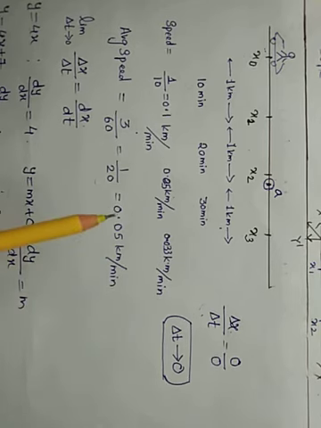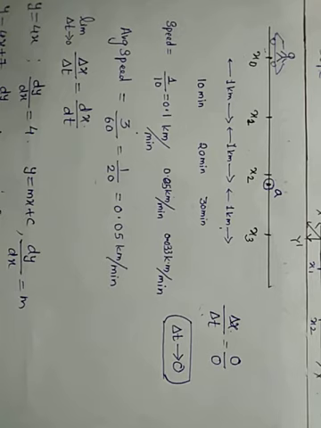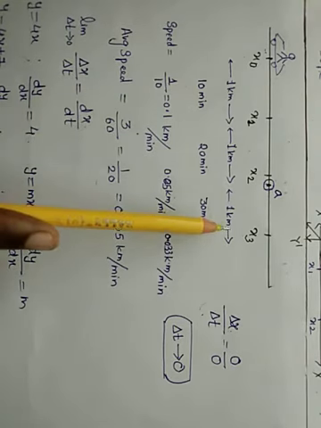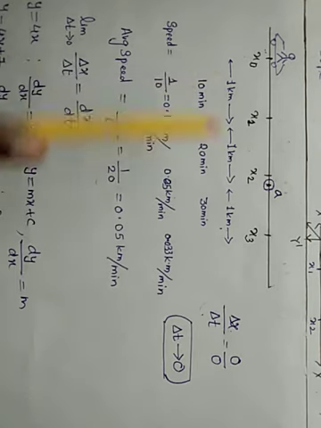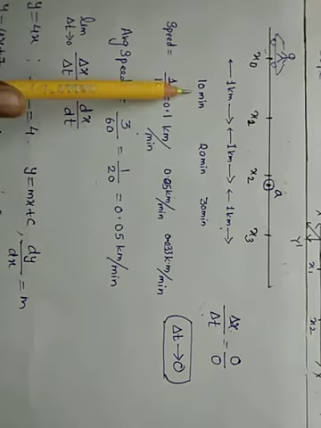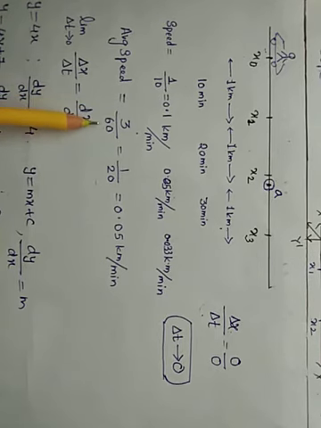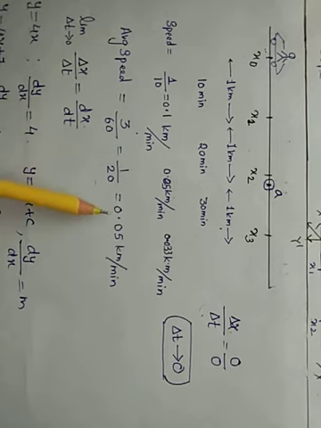Now just find out what is average speed of this car. Average speed means we will find total distance. Total distance covered is 3 kilometer, 1 plus 1 plus 1. Total time required to complete this distance from x0 to x3 is 10 plus 20 equals 30, plus 30 equal to 60. Therefore average speed I can write 3 upon 60, 3 kilometer and 60 minutes. That is 1 upon 20 equal to 0.05 kilometer per minute. Okay, it is average speed children. Is it clear? It is average speed.